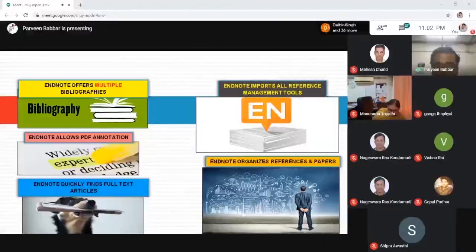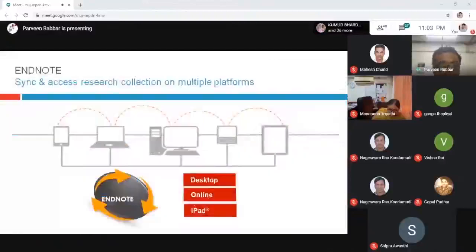So overall, EndNote is not only organizing references, but it can also organize your papers by highlighting and annotating your things, so that you can focus more on your content while doing your research.